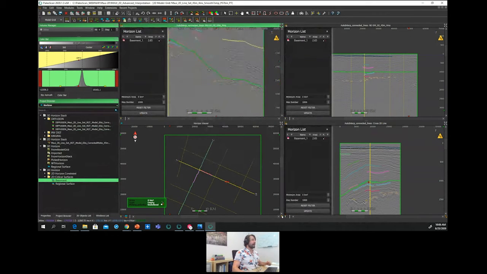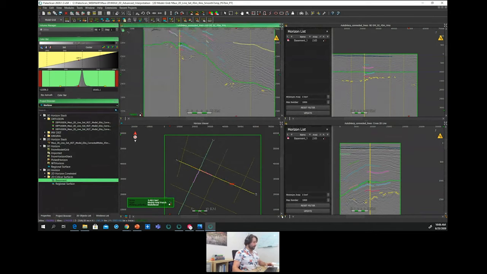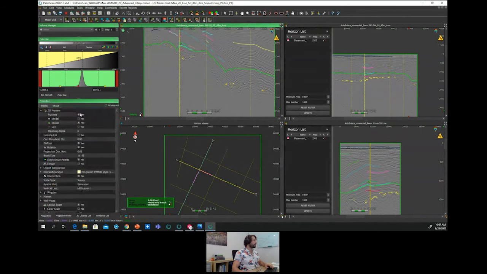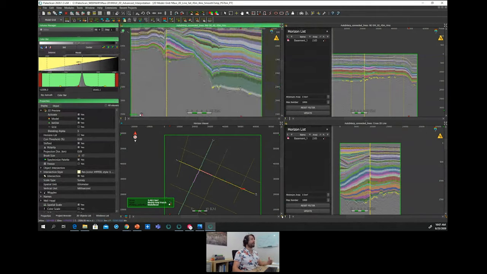And so once I have created this new constraint corresponding to the basement, I just have to preview again my model. And I can appreciate how PaloScan is now able to extend the interpretation to this dome.